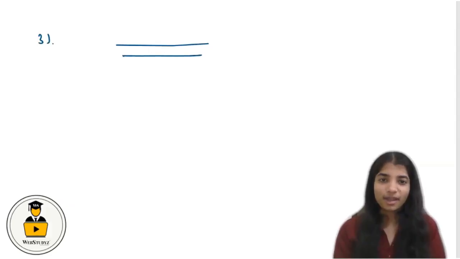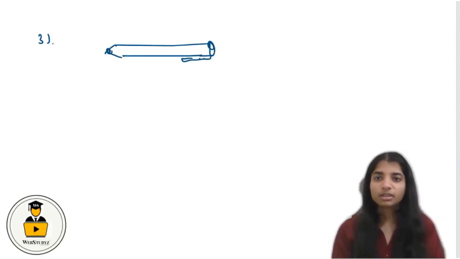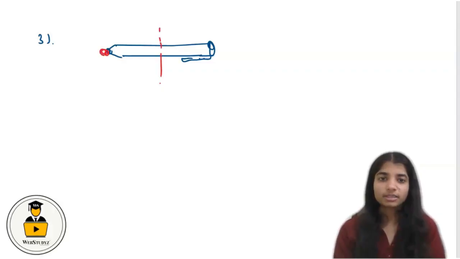Now what will be our third, which we are just using now, that is a pen. Let's say we are using a pen which is of this type. This is its nib from here. This is the pen, its stand holder. If you divide this horizontally or vertically, you don't get any symmetry. If you divide this vertically, here this is its tip, this is its end. Both are different. And if you divide this in this way, in the lower half it has its hanger, but in the upper half it doesn't have. So this too has no line of symmetry.